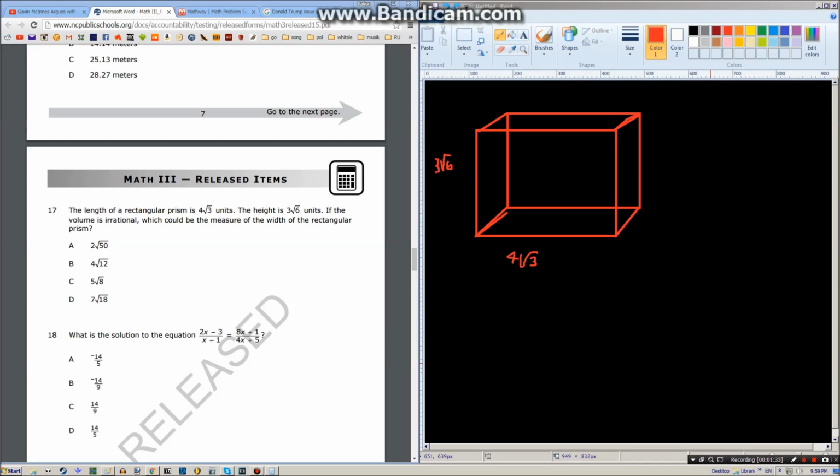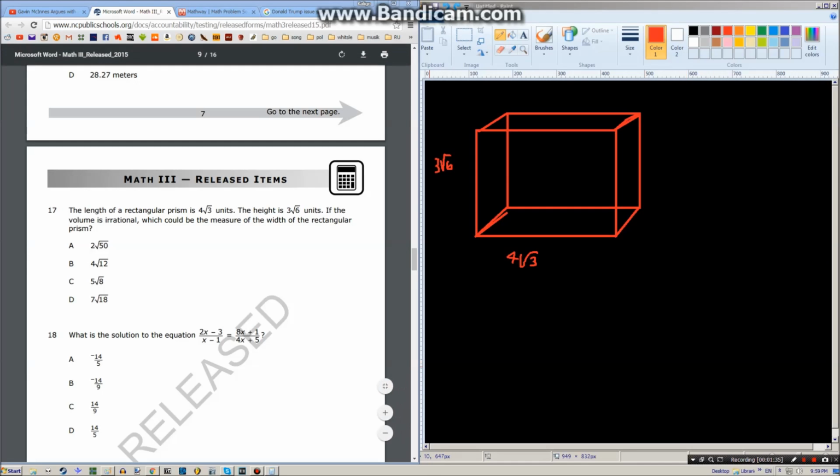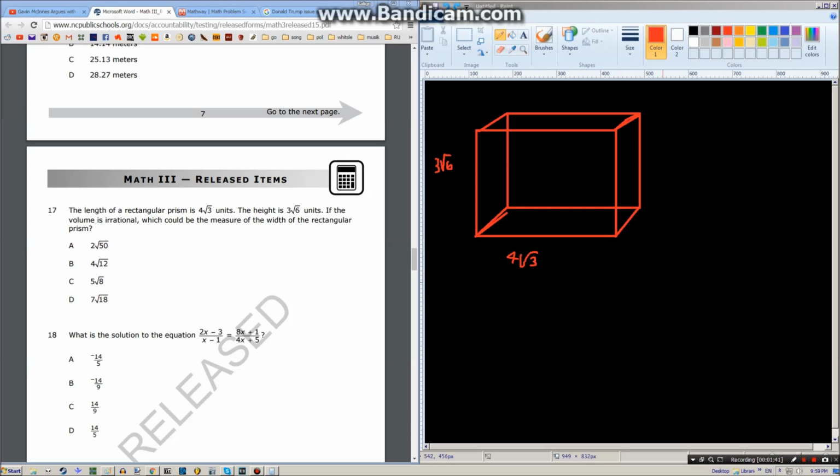Question 17. The length of a rectangular prism is 4 square root 3 units. That's the length. And 3 square root 6. So you have to find the width, given that the volume is irrational. Unfortunately, you are going to have to use the answers for this, because I don't really see how you cannot use answers. If you multiply these two together,